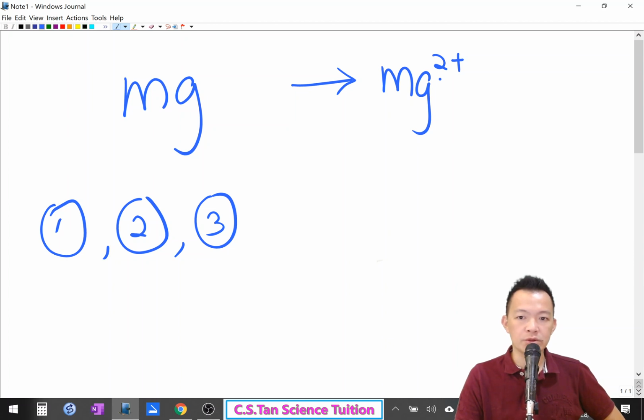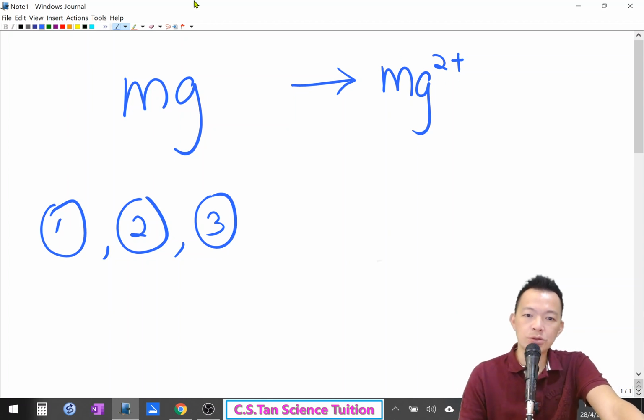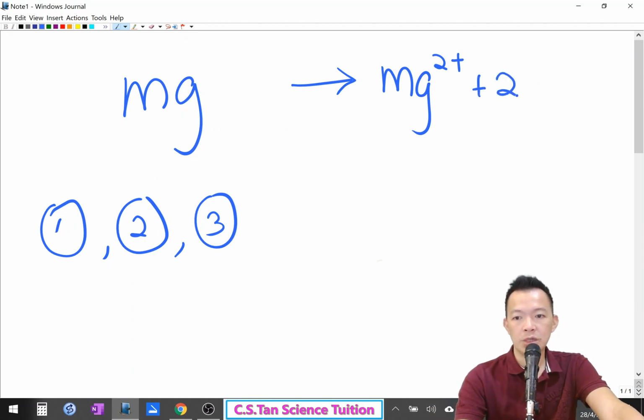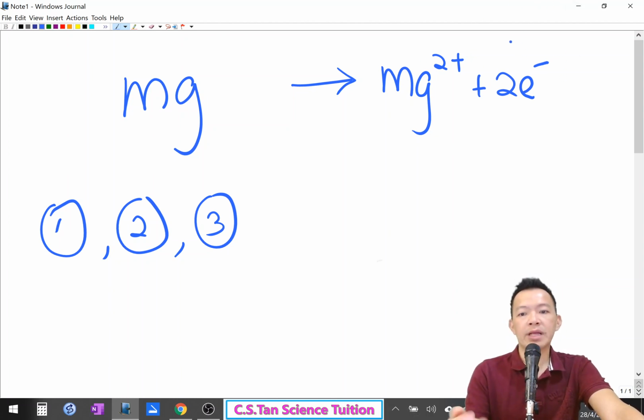So what to do? 有什么方法给它 balance？To balance the half equation, you just have one method only. 你只有一个方法罢了，add electron 加 electron 给它。But where should you add your electron? 左手边、右手边呢？Okay? Positive 2 you add another 2 electron, 你加2粒 electron. Positive 2 negative 2, so it becomes 0 啦，equal to the left hand side, 跟左手边一模一样。